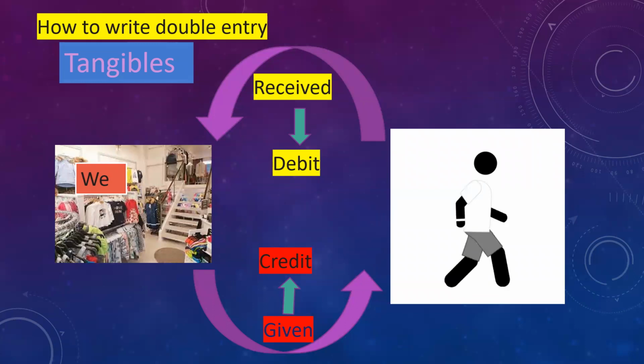By applying this rule, I know already you have written this rule in last week's class. If anyone missed, please take the last week recording and write it down. Now what I am trying to say is, we are going to apply these rules for cash. What is the cash rule? Everyone a little louder, tell with me. Cash received debit to cash account, cash given credit to cash account.